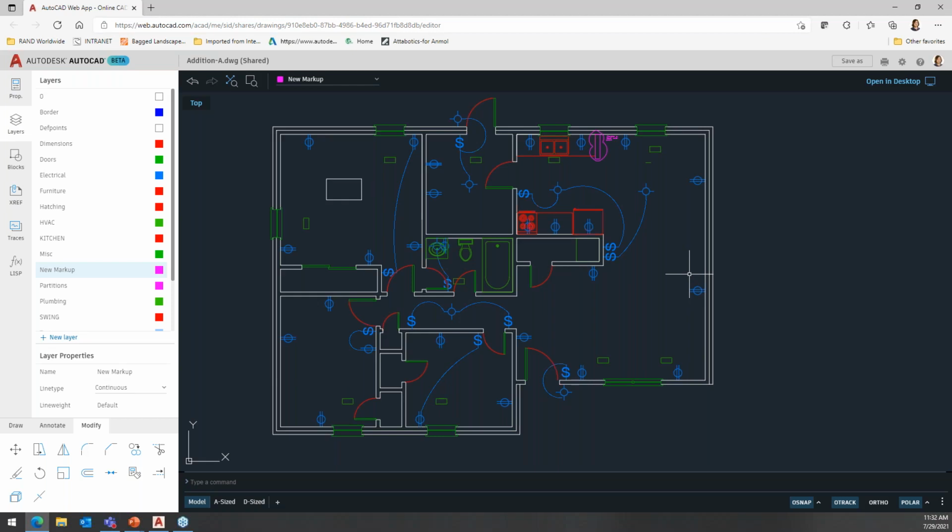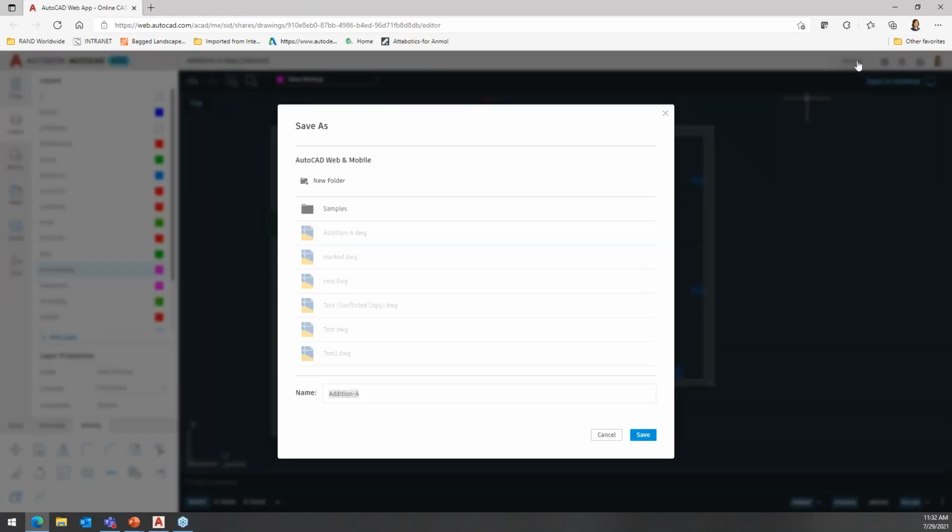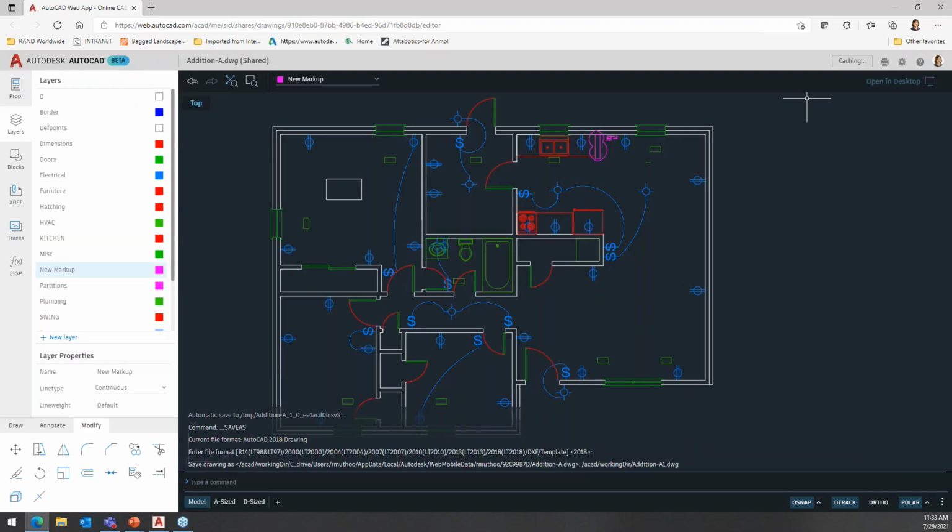And then once you're done, you have to save it. Now we go into the save as and click on save as. And then here is my AutoCAD web and mobile. These are the folders. You can create a new folder here and then enter. I already have a sample, but I'm not going to do that today. And here I will put in the drawing file name as edition A1 or something like that, just to give it a different name, and then say save. So once it is saved,